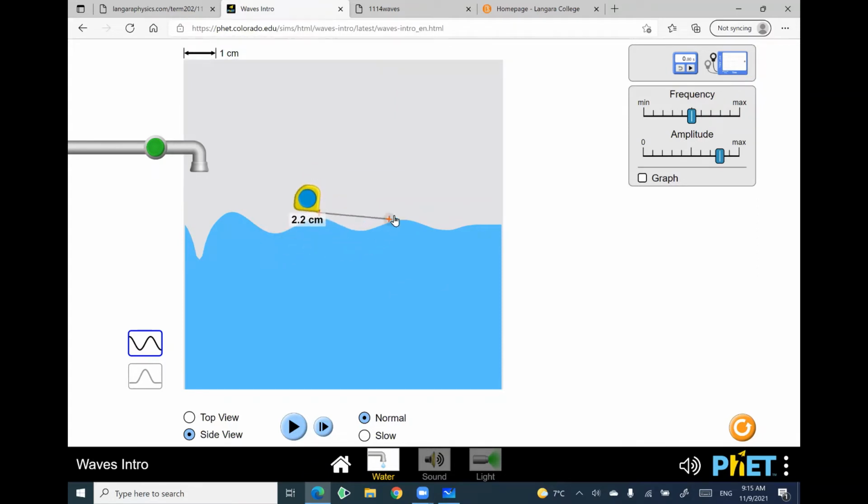It's good enough. And then drag it horizontally to the next peak. Okay, and that is one wavelength. To measure trough to trough, you put this to start from the bottom. Well, it's not quite bottom, so put it at the bottom, and then drag the end point to the next bottom to measure the trough to